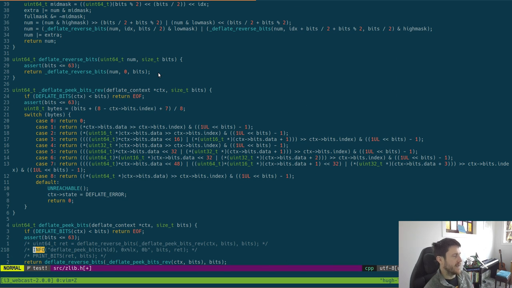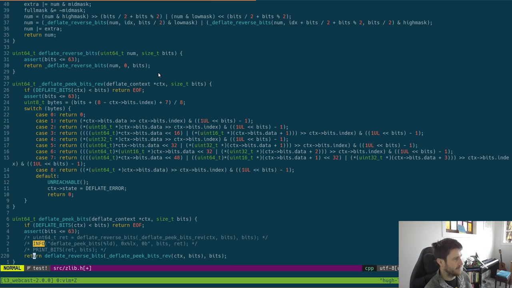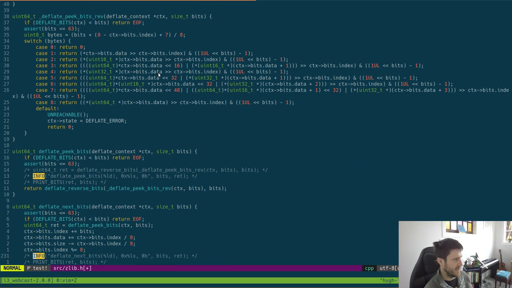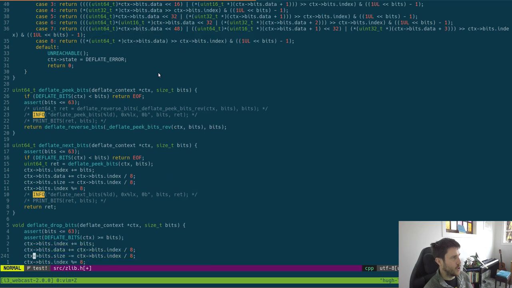That's how that does. And then this peak bits I have changed to be maybe a bit more efficient. I don't know. We can do our time tests in a second just to see, maybe. I think it's still a lot slower than zlib, but I'm not intending to make it fast, but I would like to make it fast enough that if I were using Git in it, it would respond reasonably choppily,